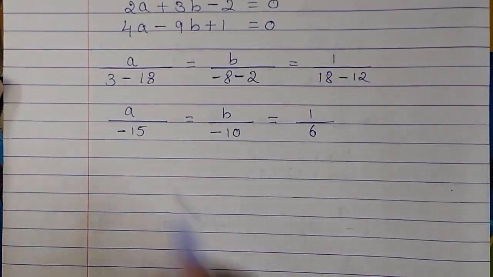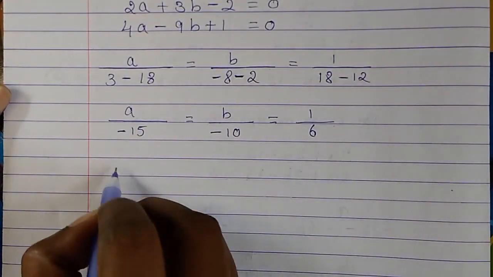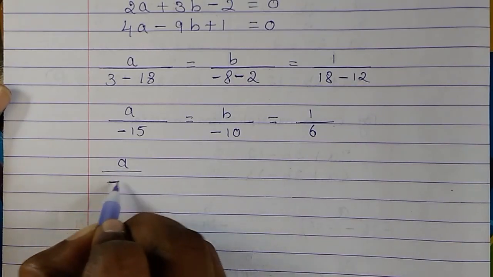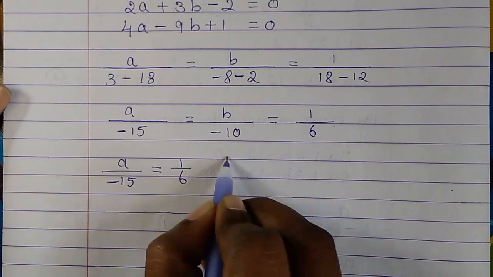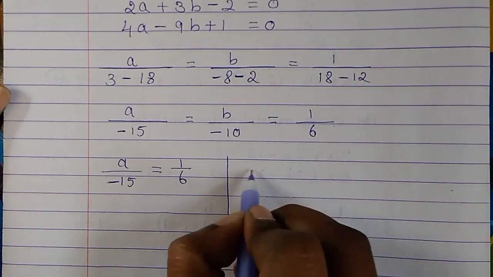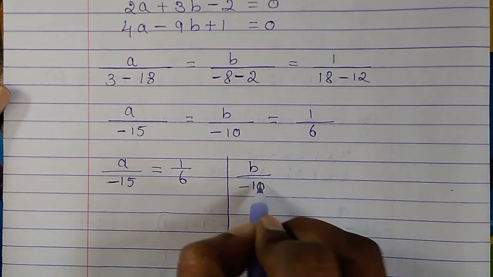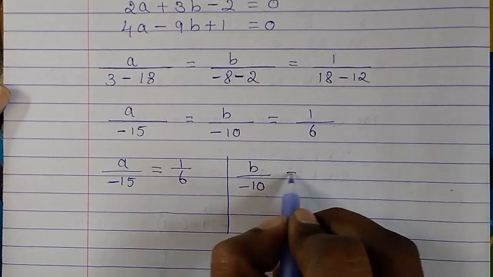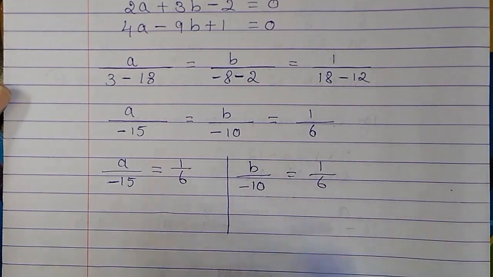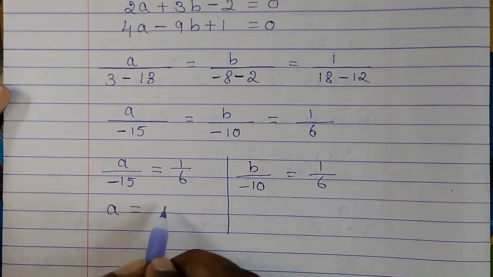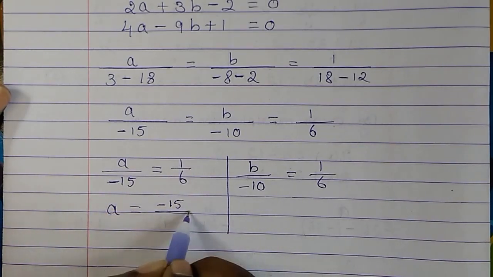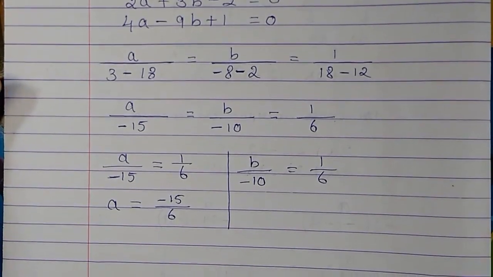So now let's compare. A upon minus 15 equal to 1 upon 6. Same way, b upon minus 10 we have to compare with 1 upon 6. So now let's find out the a value. Minus 15 comes this side, it goes up 6. So this will give us